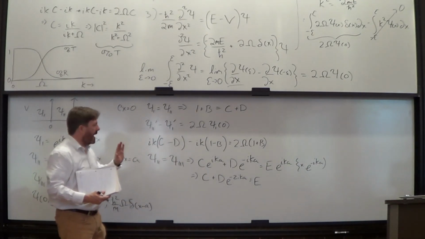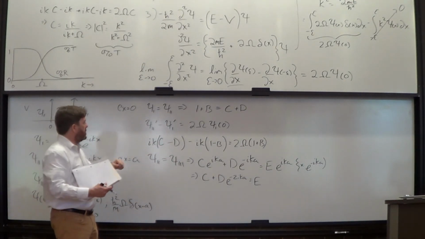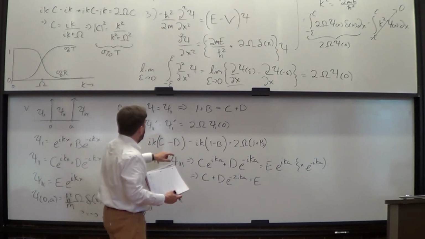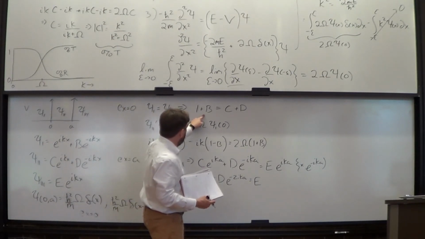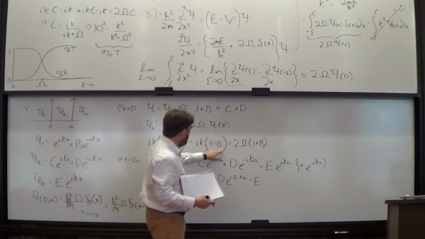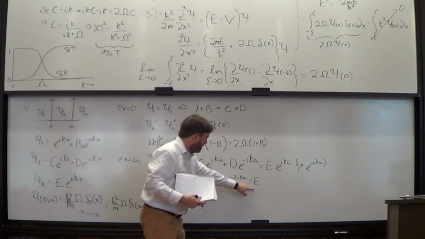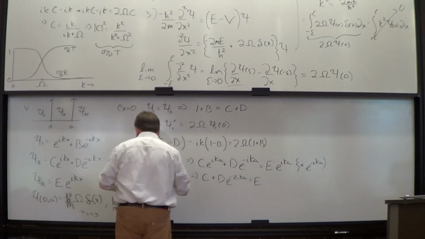Remember, we have 4 unknowns and 4 equations. So this one, this one, this one. It's not that bad. And then, of course, the last one,